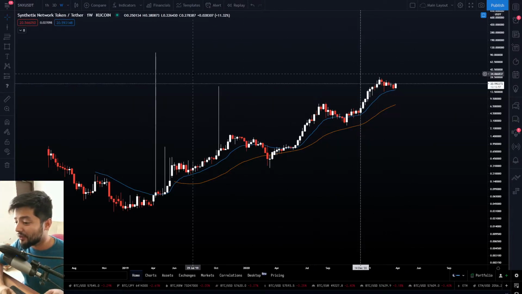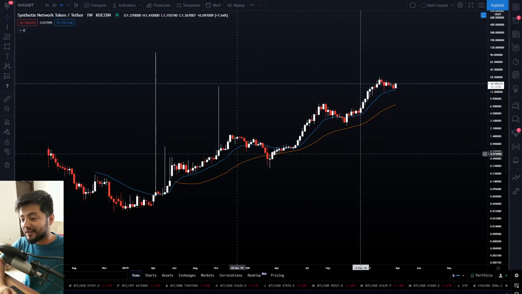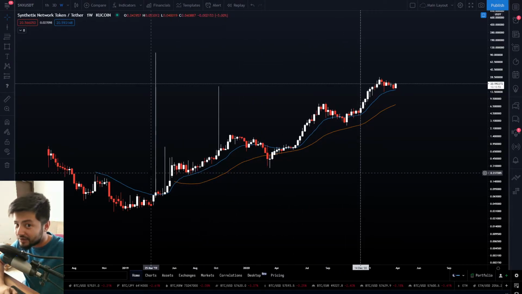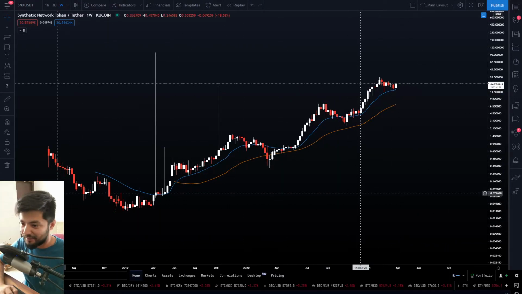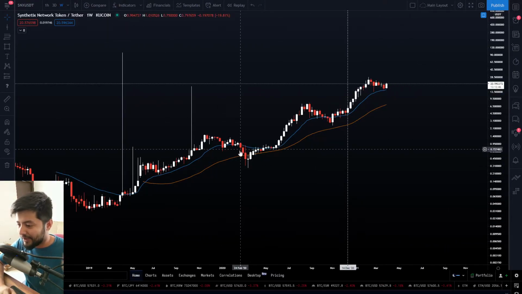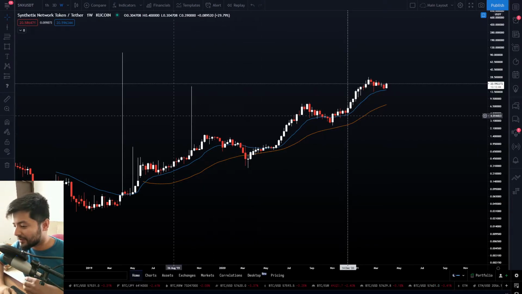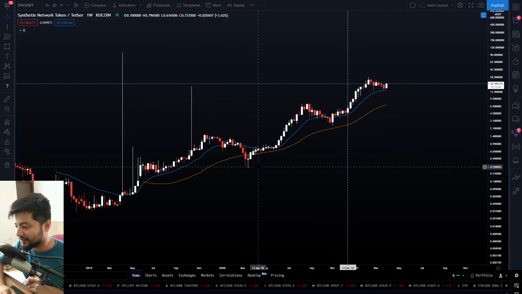This is why you accumulate the assets which have real functioning behind it, which have a real use case behind it, guys. Synthetix network is here to stay. Look at the long-term price action, man. I mean, look, this is a weekly time frame. You're getting picked up from the 55 simple moving average on the major catastrophic dumps as well, guys.